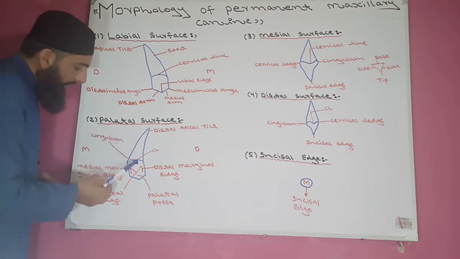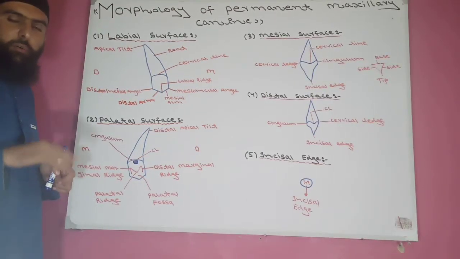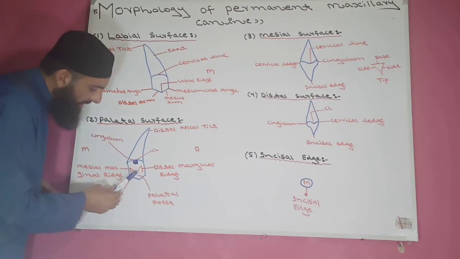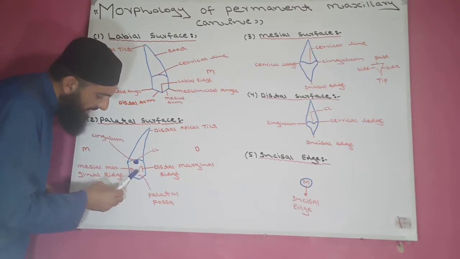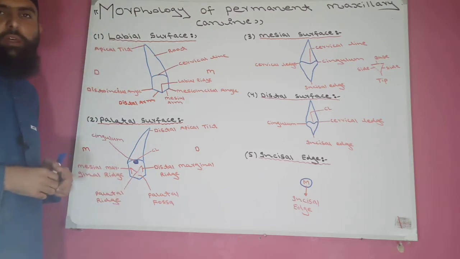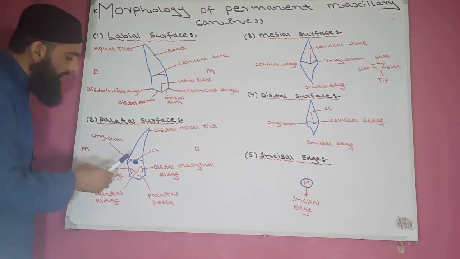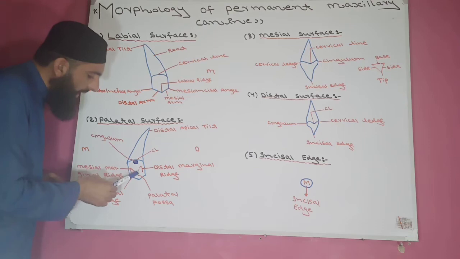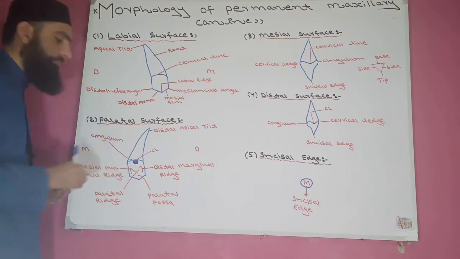And there will be one elevation and one fossa. One elevation and one depression, meaning fossa. Now the depression, the fossa which is present below the M structure on the palatal surface, therefore this fossa is known as the palatal fossa. And the one bony elevation present above the M structure is known as the cingulum.